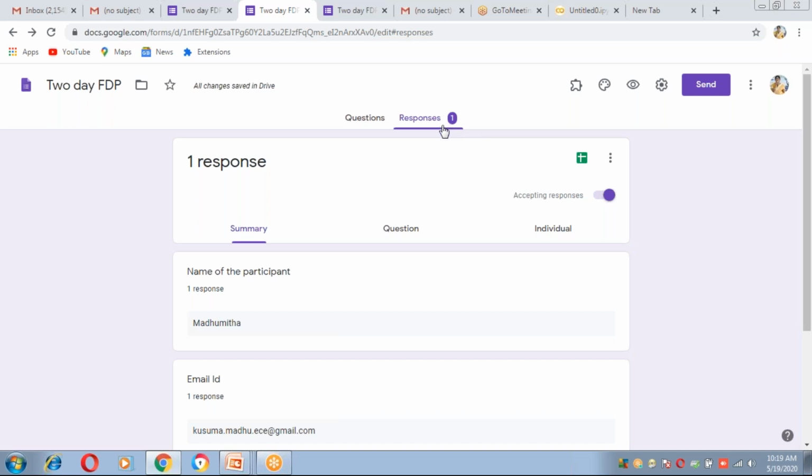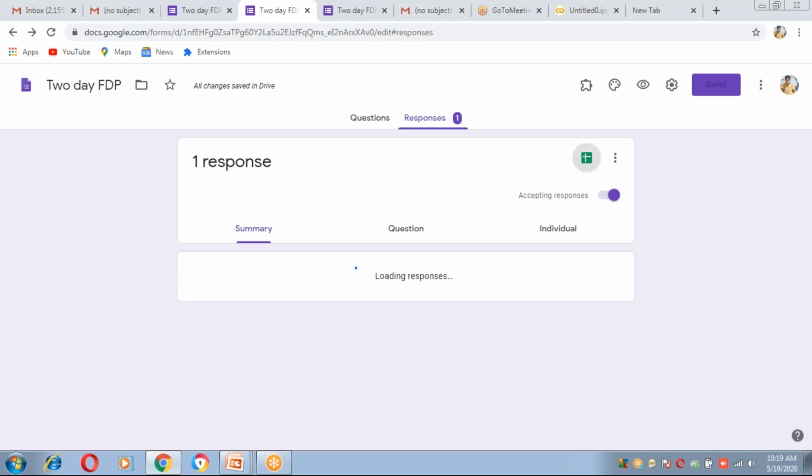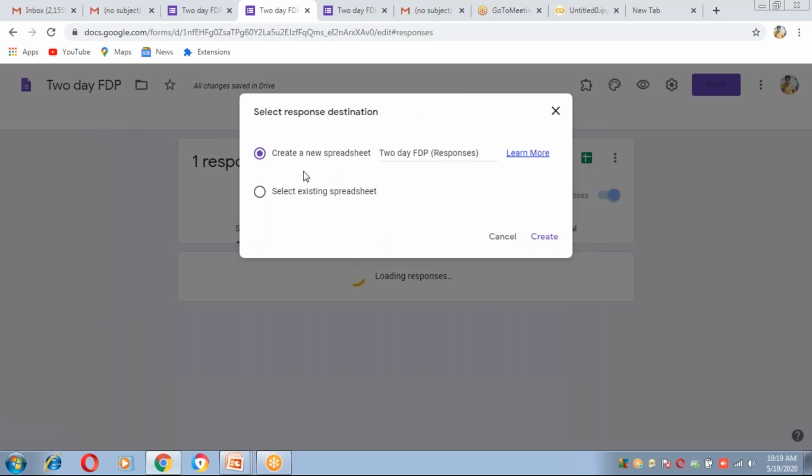So further, we have to click on this. See, this is the spreadsheet symbol, and this is create new spreadsheet. Click on create.